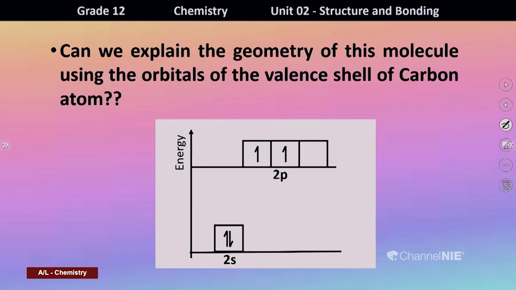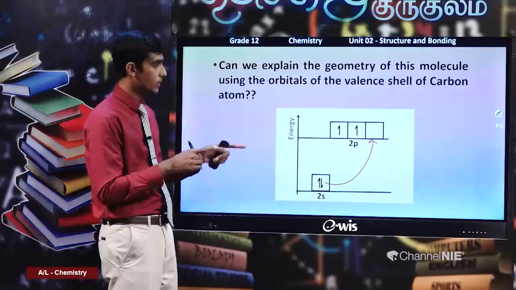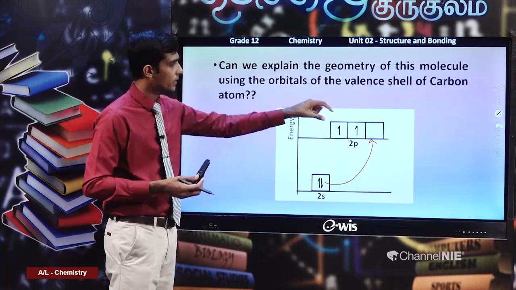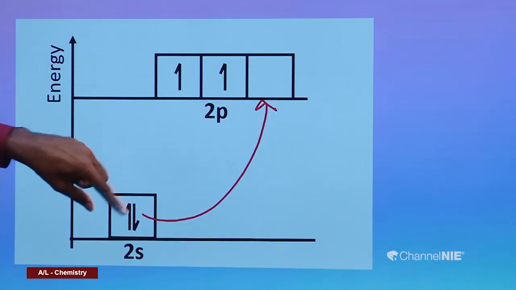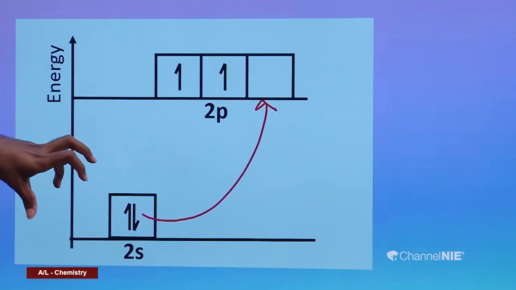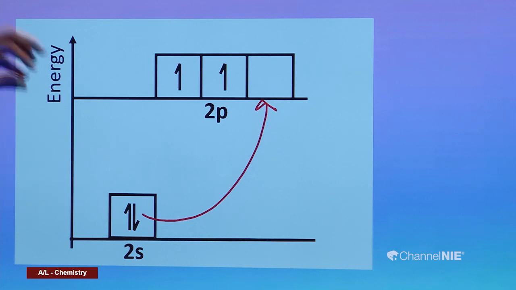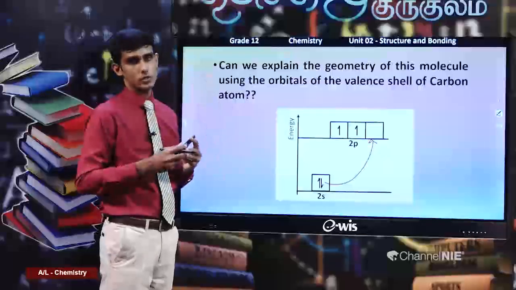the excited state carbon atom will be like this, one electron goes to this one. Then you will end up with 4 unpaired orbitals, but the problem is that out of these 4 orbitals, 3 will be perpendicular to each other, and the other one will be in the middle. It is a spherical s orbital. So in that case it cannot form 4 identical bonds with that tetrahedral geometry.